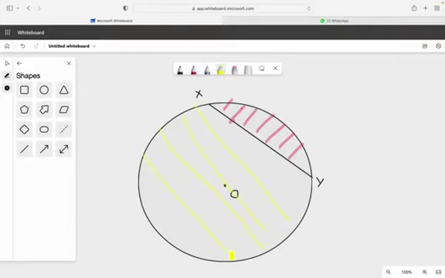Now, how do we name them? Because if you name XY as the minor segment, XY on the other side will also be the major segment, correct? So we just put a letter here, something like